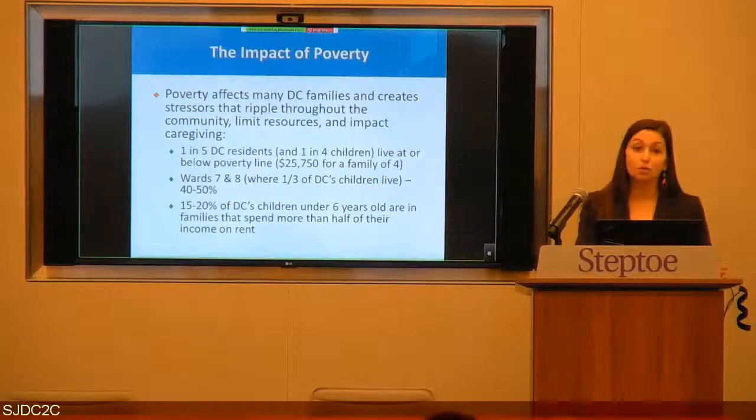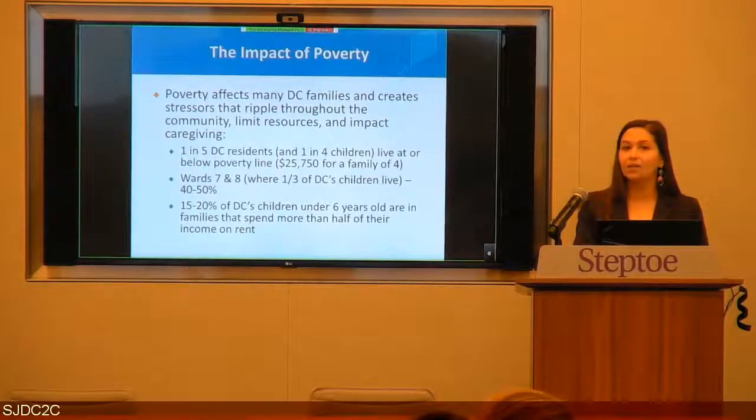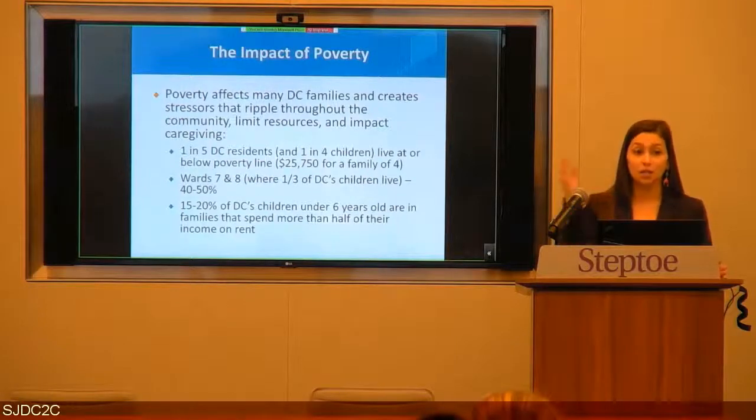Ultimately, living in poverty has a huge impact on the family. There are some statistics on the screen and in your notes. I'm not going to read those aloud. I will note that 1 in 4 kids in DC are living in poverty, and the statistic you'll see, we pulled from the guidelines that are updated each year. We're looking at just over $25,000 for a family of 4. So this is significant. Families are lacking their own resources to meet a lot of those needs that I just mentioned are on their plate.